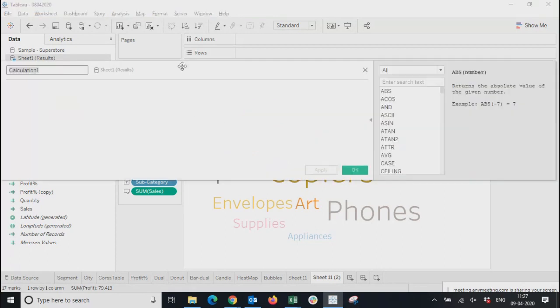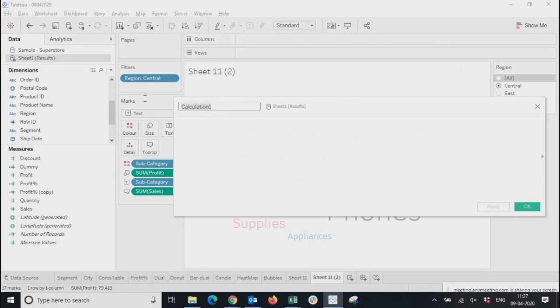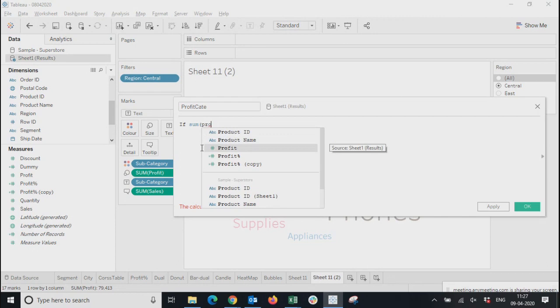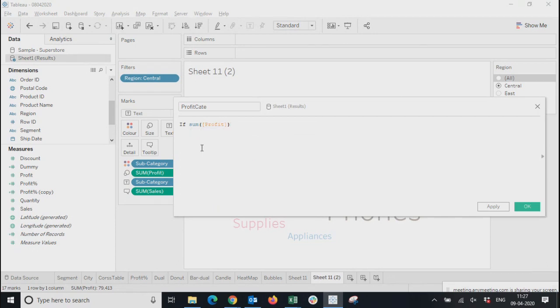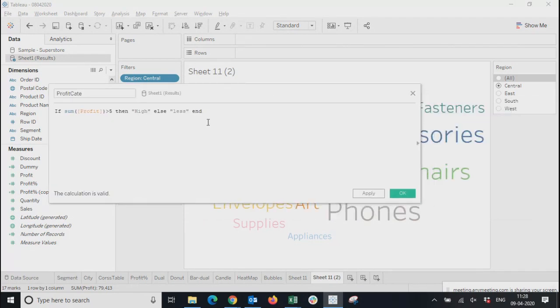I'll show you how you can do that. It's an if else condition. So I will call it profit category. And over here I will say if sum of profit is greater than 5, then high, else low, and end. Right. Now the thing is, how I have written this condition, if you want to see the example,